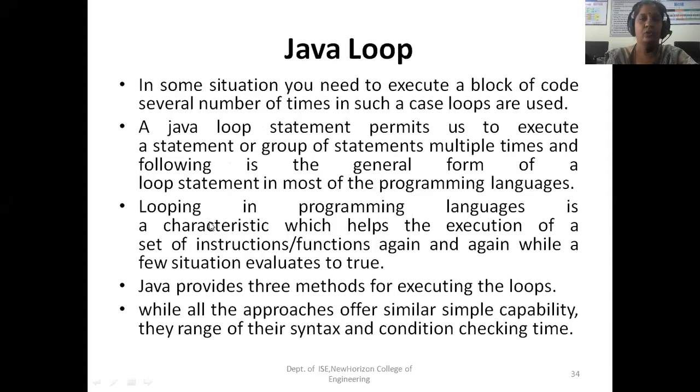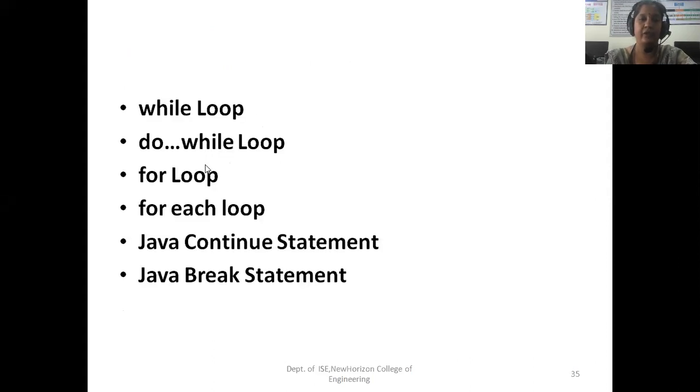We have known loops, while loop, do while, for, these things and all, you know. The new one we are going to discuss is the for each loop. Why we are in need of it, where we have to use it, the question will come. Whenever you want to traverse an array, you can use the for each loop without any condition. From the first element to the last element, we can use the for each loop, but without any condition. Okay. In the second module, we will discuss the collection framework, which is one of the important topics in Java. When you are going to use the collection framework, this for each loop will be used more. Okay.